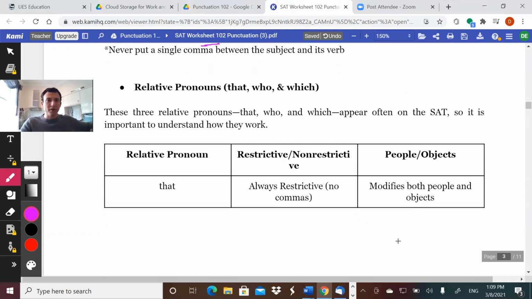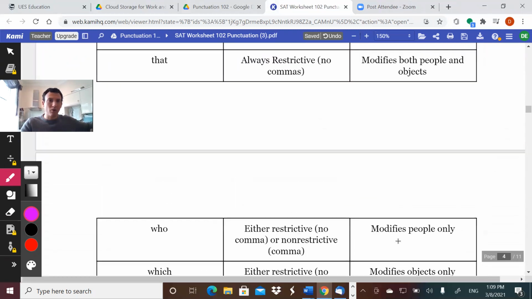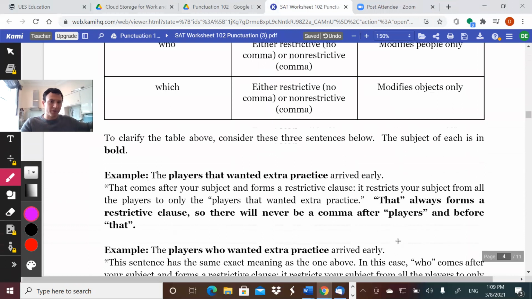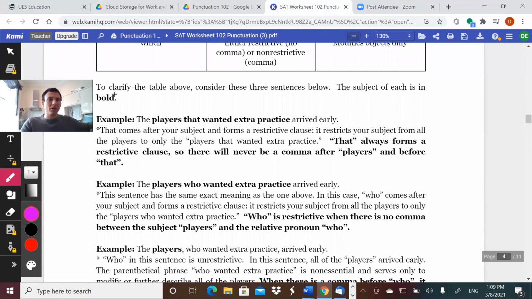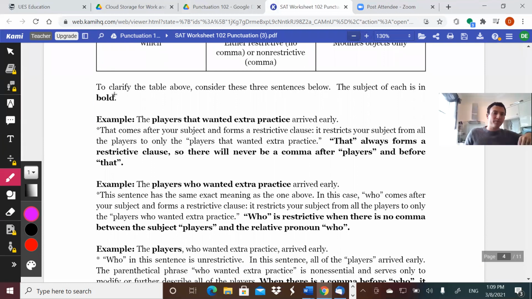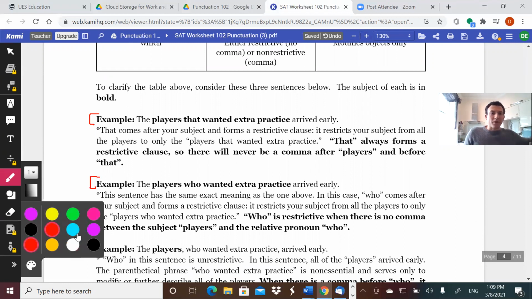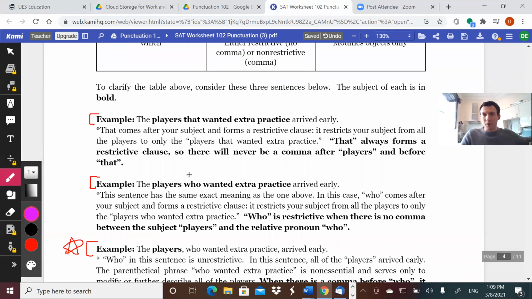All right, let's quickly talk about these relative pronouns. So that, who, and which show up a good amount on the test. It's good to kind of understand the differences between them. Here are 3 sentences. I want you to look at these 3. The big thing is that this third one is significantly different than the first 2. So what you'll notice, and you may have caught this, and feel free to pause the video if you haven't completely thought about this yet, but what you'll notice is